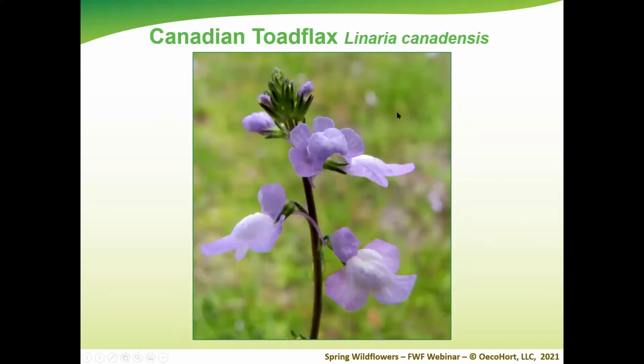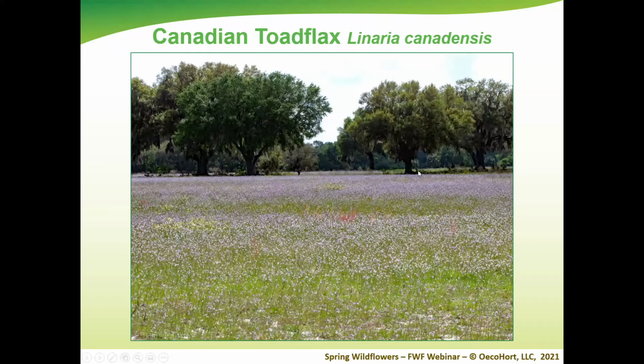A wildflower that puts on a good show, if it's in mass, if there's a lot of it, is this Canadian toadflax. You might even miss it if you're walking by it because these flowers are very small. Very common wildflower throughout most of the state, early to mid-spring, very showy if you look at it up close, and it's spectacular if you happen to find